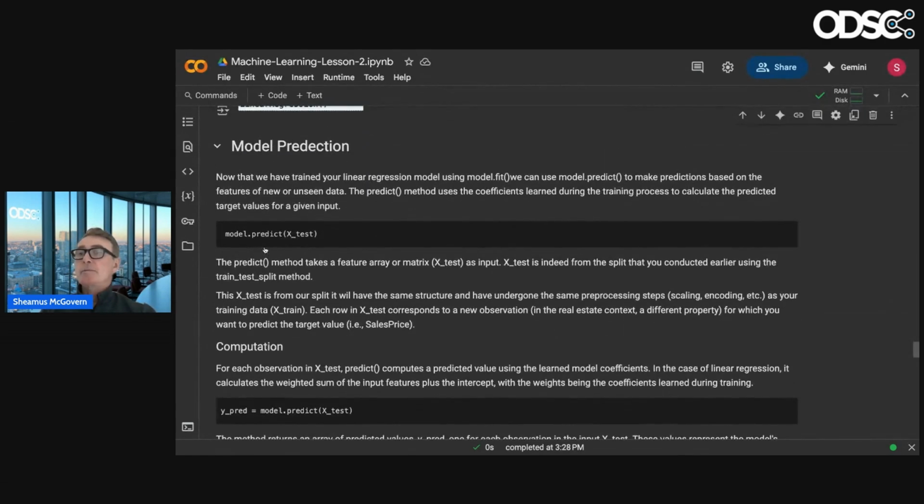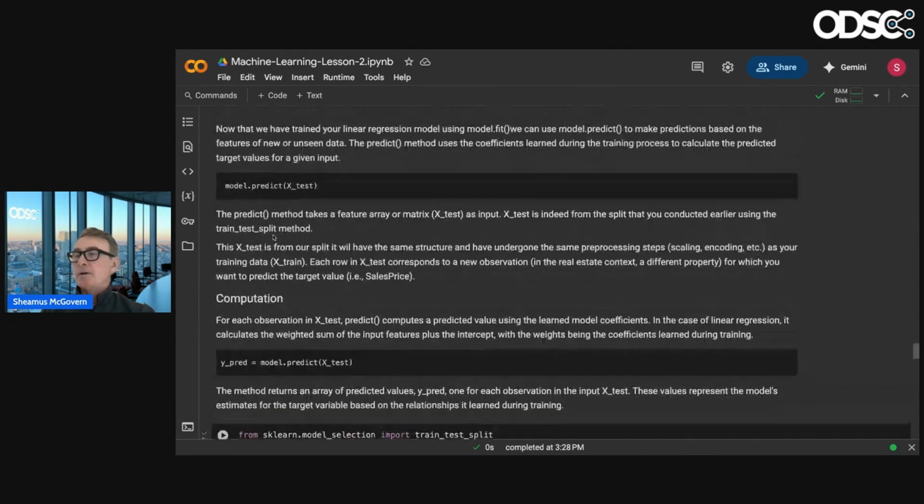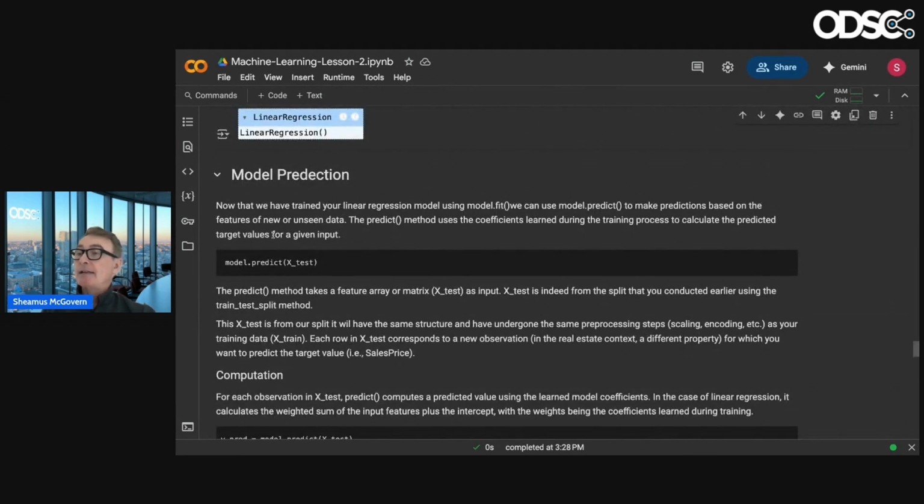Now what we want to do is make a prediction, and that's a pretty simple method. It's just model.predict. Remember, we have our test set and our training set. With our model, we're going to see how good it is at prediction. How are we going to know? We're going to take the test set that we held back and look for the loss margin between the predicted value and the actual value.